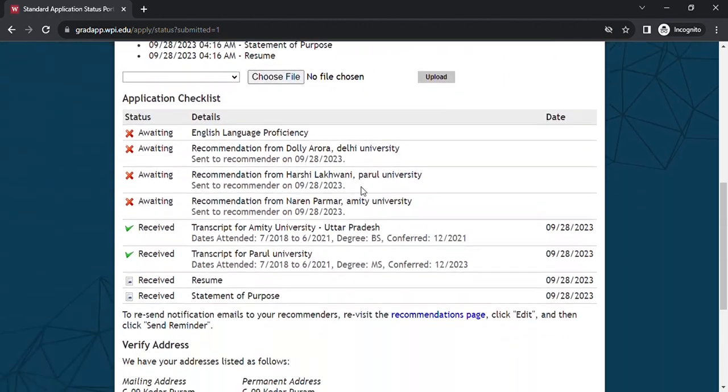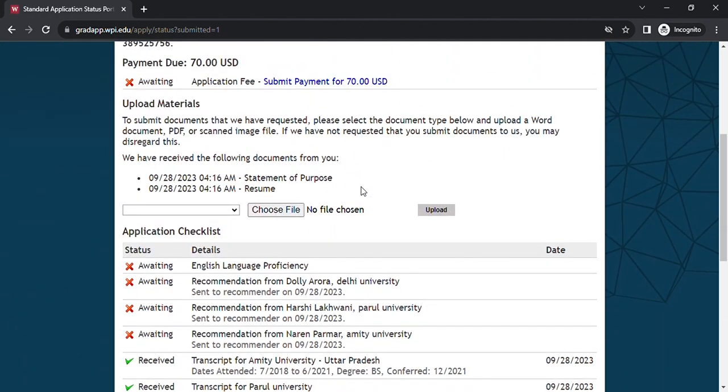Now here you can see there is the option for uploading the materials. So here if you want you can upload your English proficiency unofficial transcript. So here you can select this upload option and can upload the transcript if you have given any of the exams like TOEFL, IELTS, or you can choose from here also, they are not asking for TOEFL,